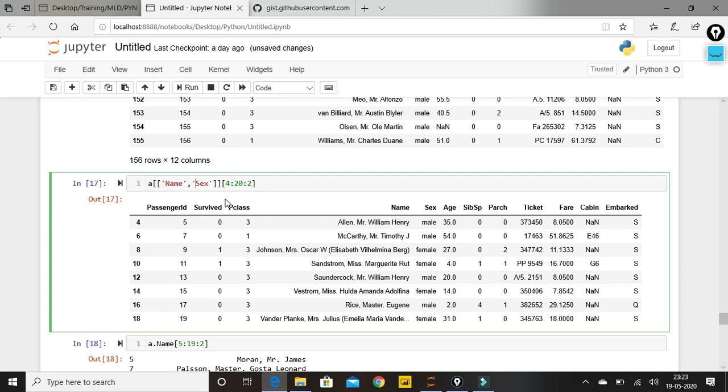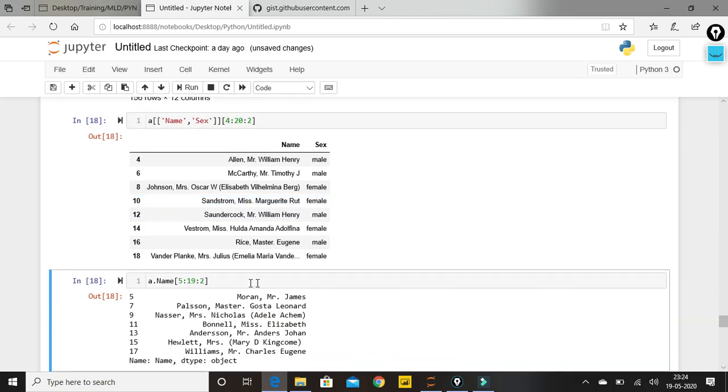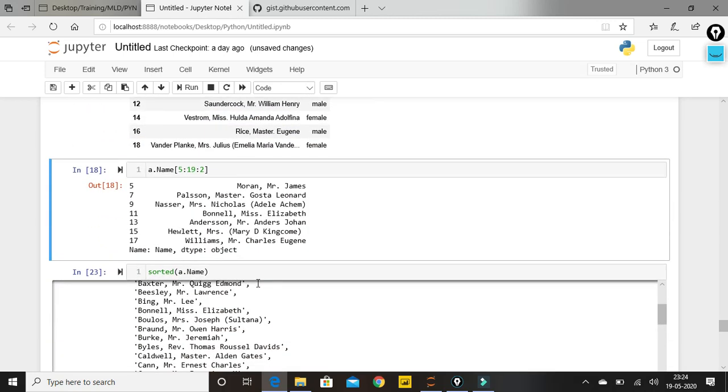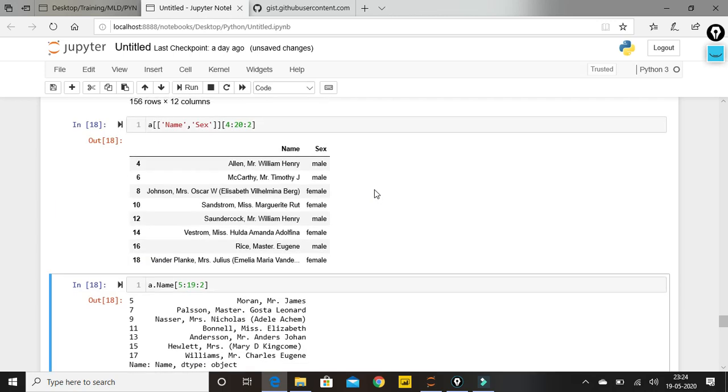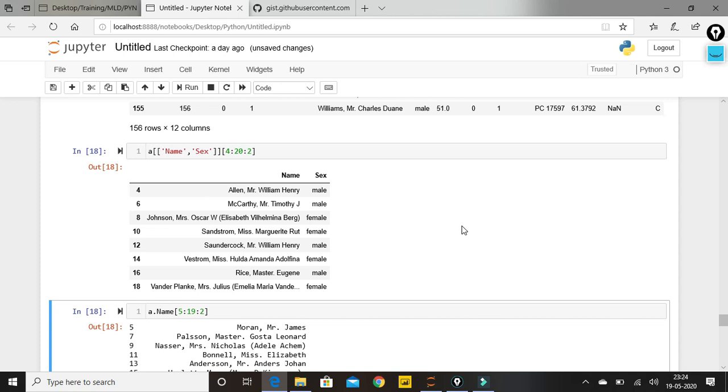Okay, let us execute this. It will for sure give me only 2 columns, and these are the indexes that we want. And the same I'm explaining for this cell also. So I guess now you know how to pick up our data from certain indexes, like we used to do for lists as well.